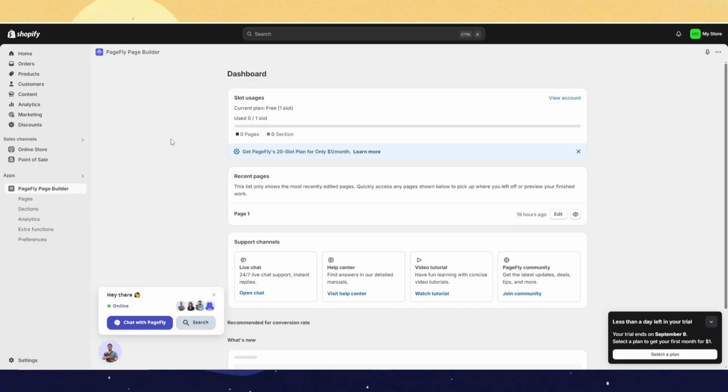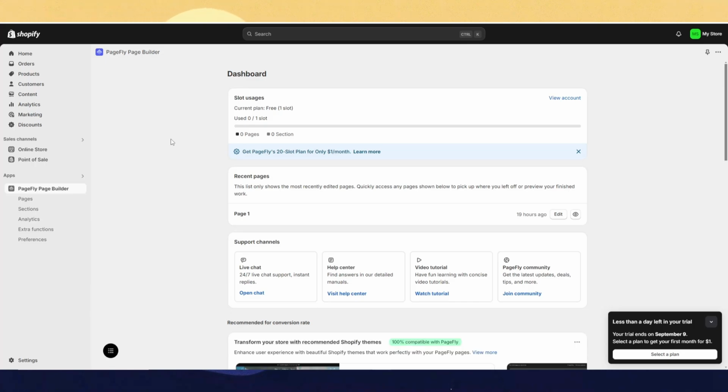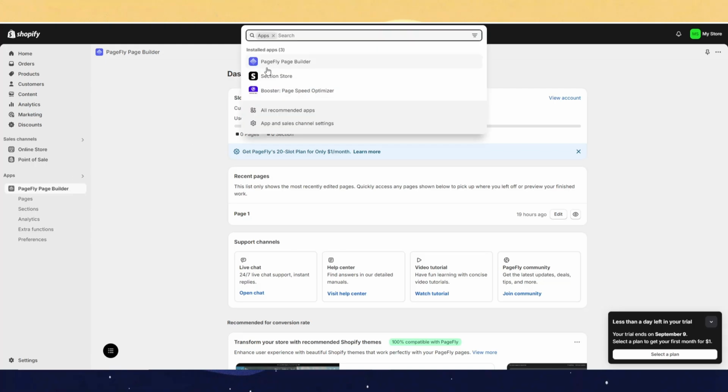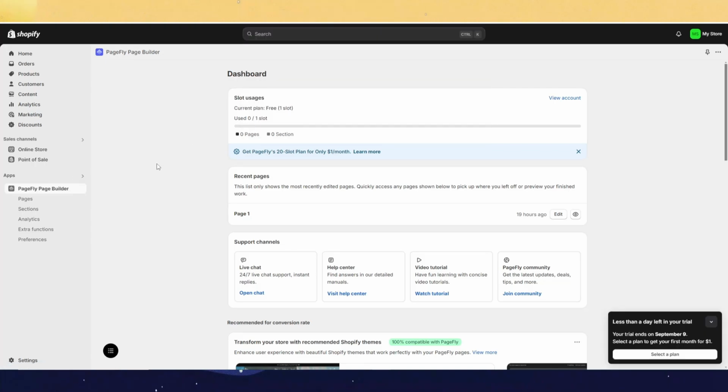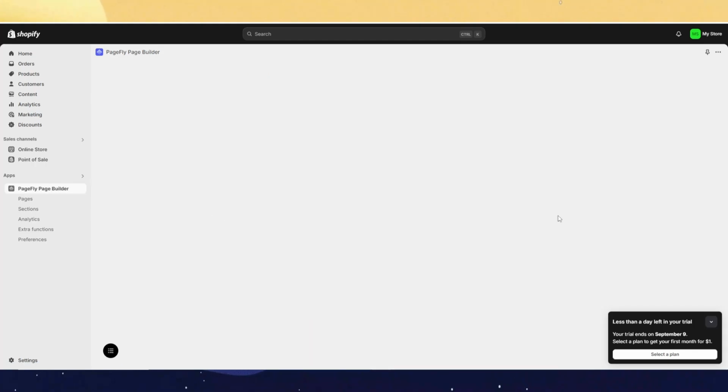Now, once you have the Pagefly Page Builder, make sure that you created your own page as well. And then once you do that, of course, open apps and just open Pagefly Page Builder. And then you will see your page here, the one that you just created, and then just click on edit,